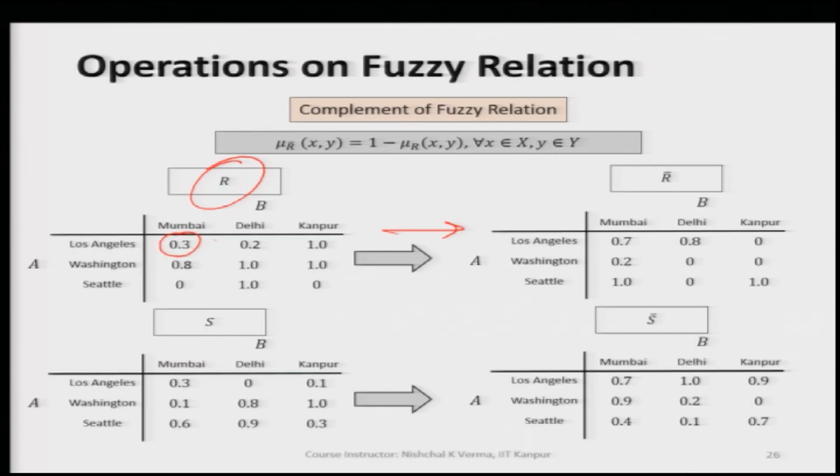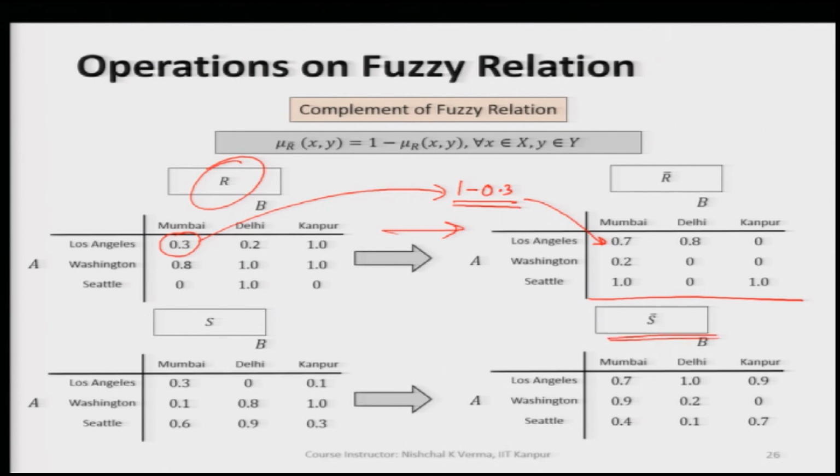Corresponding elements means, you see, these are the membership values and these membership values are subtracted from 1. So, when you subtract this value from 1, that means that we are subtracting 0.3 from 1 and this is going to give us the value which is 0.7. So, likewise all other values of the complement of fuzzy relation set we get, and this way we manage to get the complement of any fuzzy relation set.